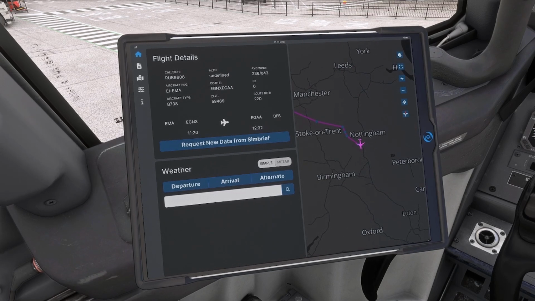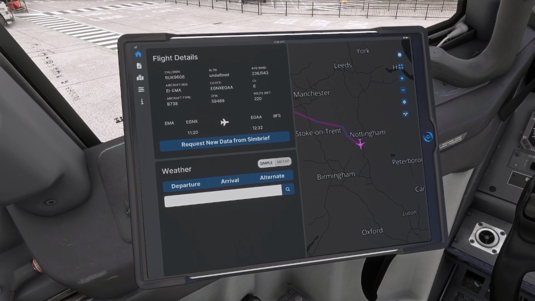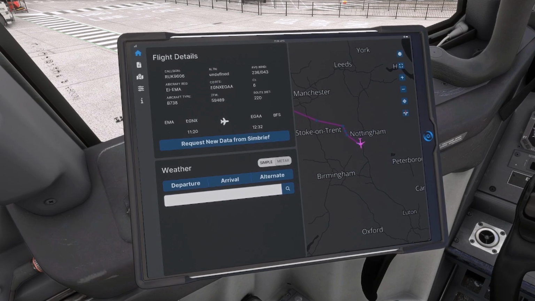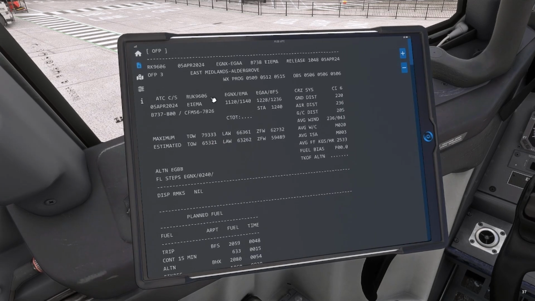That should be good for us. We are of course on the VATSIM network as well. So, go ahead and look for our operational flight plan, our OFP. Cost index 06, good. We're cruising today, flight level 240, and